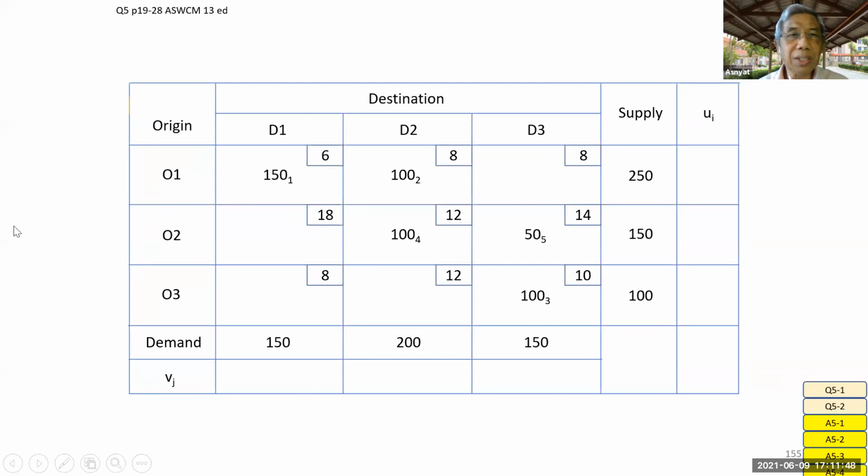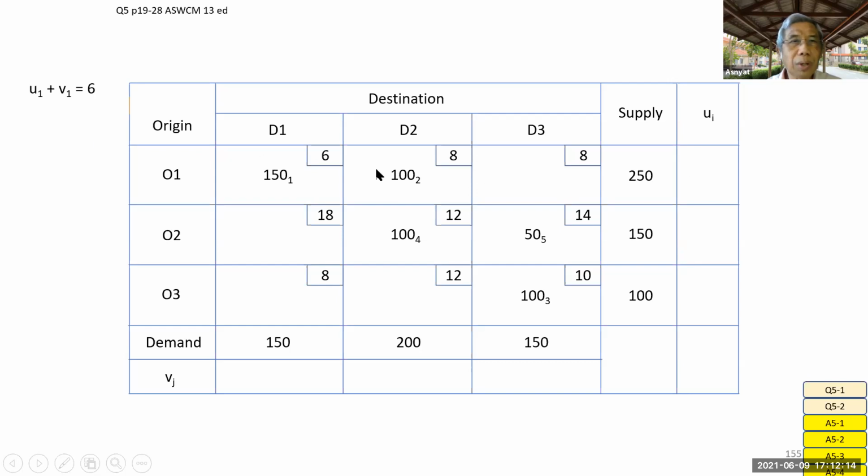These are the basic cells, or some use allocated cells, some use allocated root. So we are going to use Ui plus Vj,